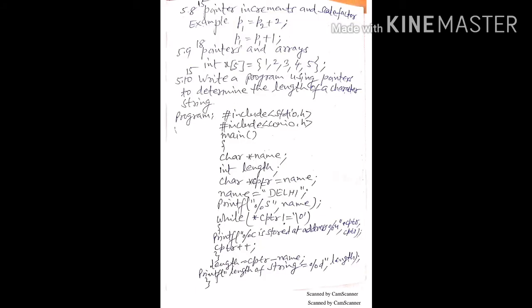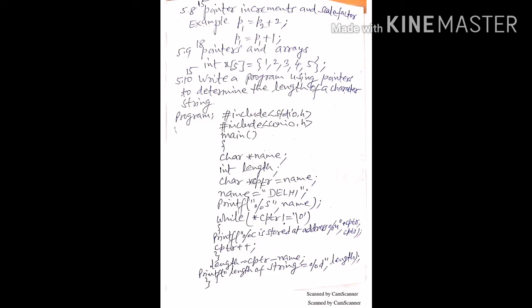Then pointer increment and scale factor. Example: p1 = p2 + 2, p1 = p1 + 1. Then pointers and arrays. The relation between pointers and arrays is given like this: int x[5] = {1, 2, 3, 4, 5};